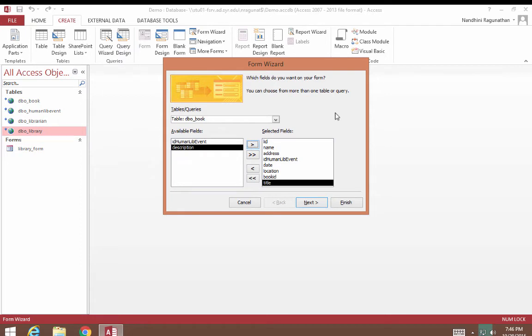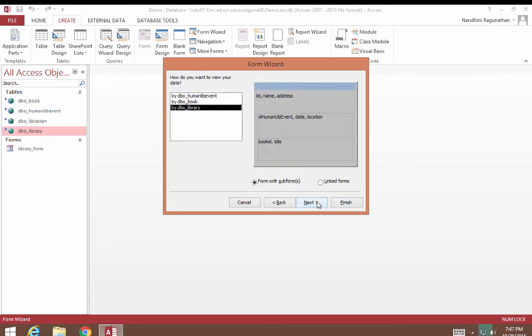Make sure that you choose the primary keys or the keys that establish the relationship between these tables, because that's how Access identifies that these tables are interconnected. Once you are done selecting all your columns, click on Next. Here you can see the layout of your form with subform. So it's going to have library ID, name and address as the main form from the library table.